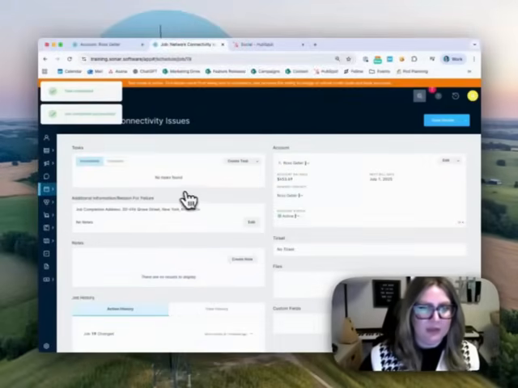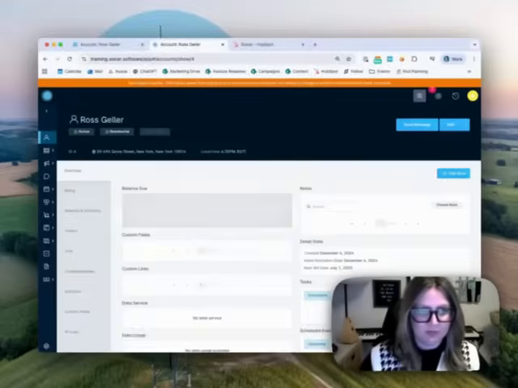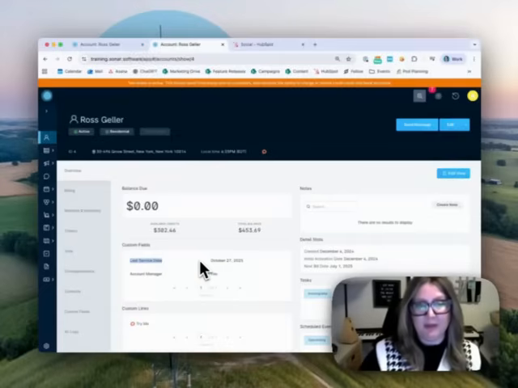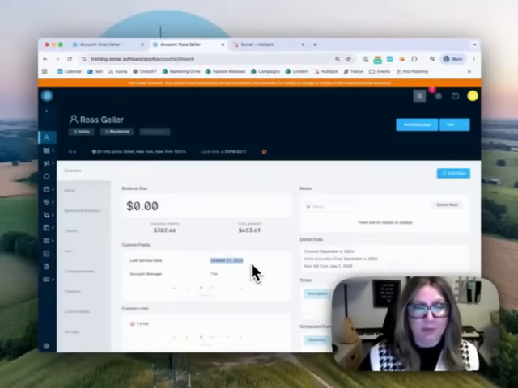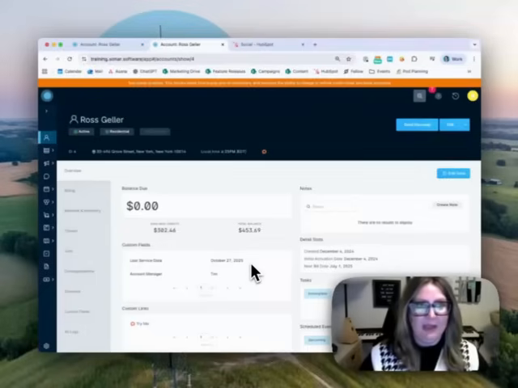And if we go to the account, okay, if we go to Ross's account, we will now see that the last service date is visible on the account overview page because it's filled out. It wasn't visible before because it was blank. And the data that we put in while completing the job has now auto-populated here. So that is super cool. And again,